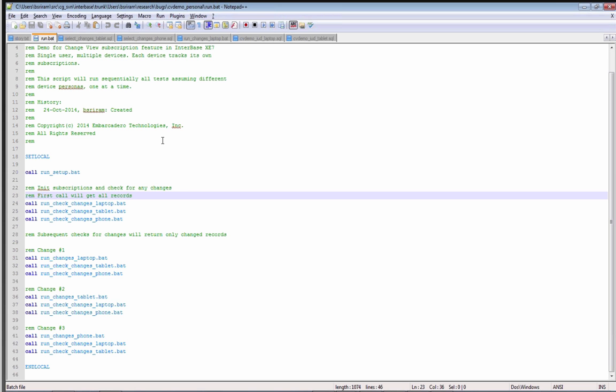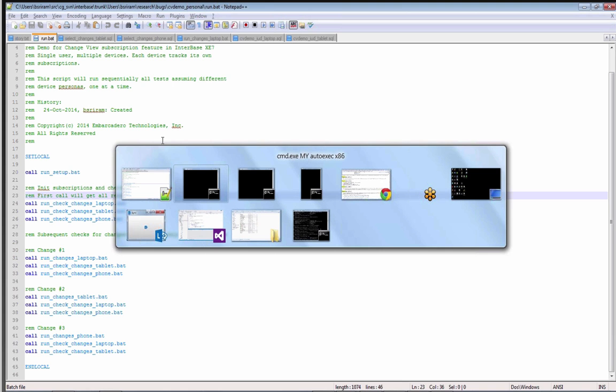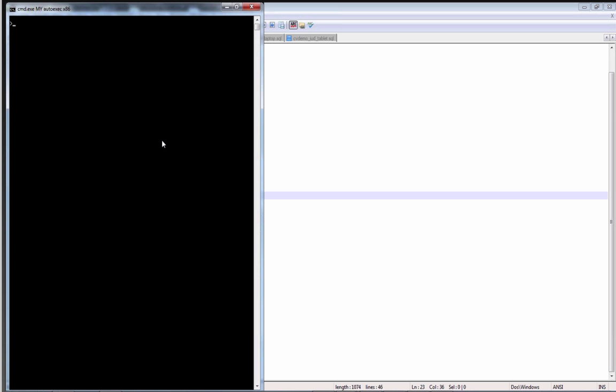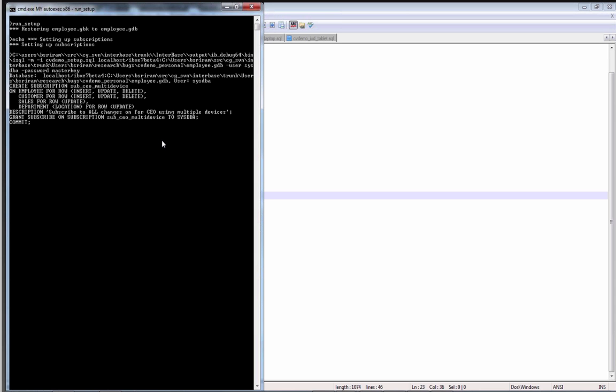So let's go ahead and set up the database, running the run setup information script. What this script does is it basically restores your sample employee backup file into a new database. It restores the database and then sets up subscriptions on specific assets. If we look at